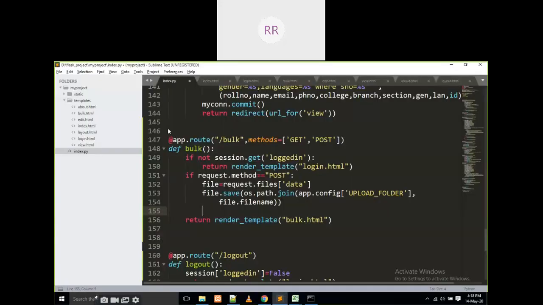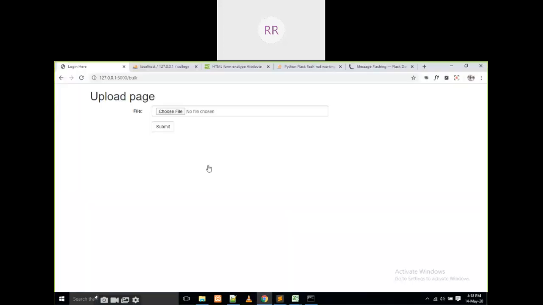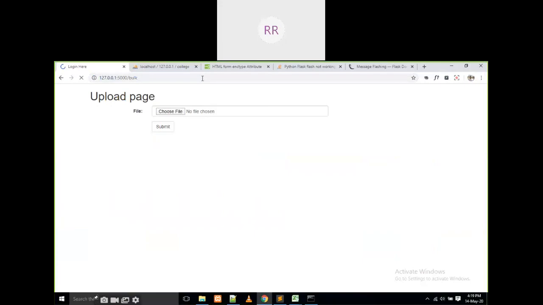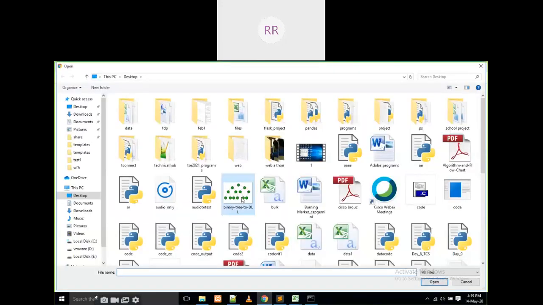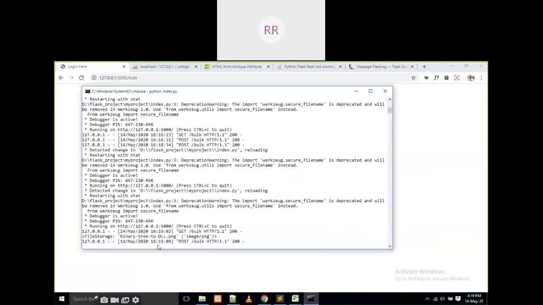Okay, what do I have to do here? I have to find the path. First of all, I am going to write here print file, for our purpose. I am going to refresh it and give this one. If I give like this, observe here.